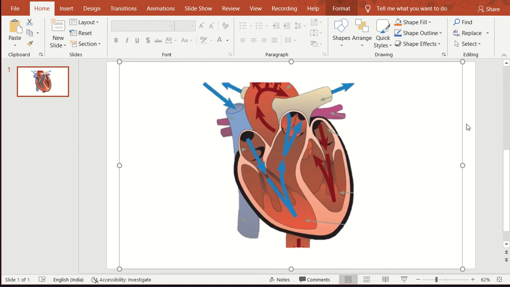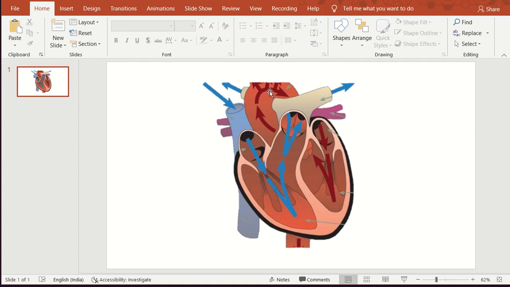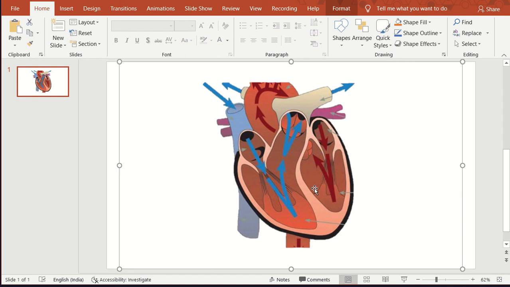So now you can see that the rest of the background has been removed, and these are only the specific areas which I needed, which is there in the picture, or you can mark it yourself, right? So this is one such thing that you people can go ahead and do. The other formatting options are available as well.